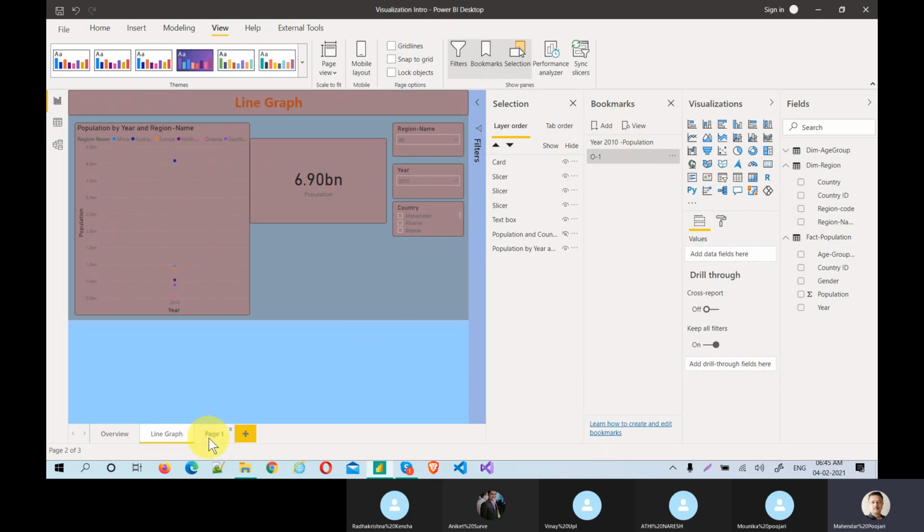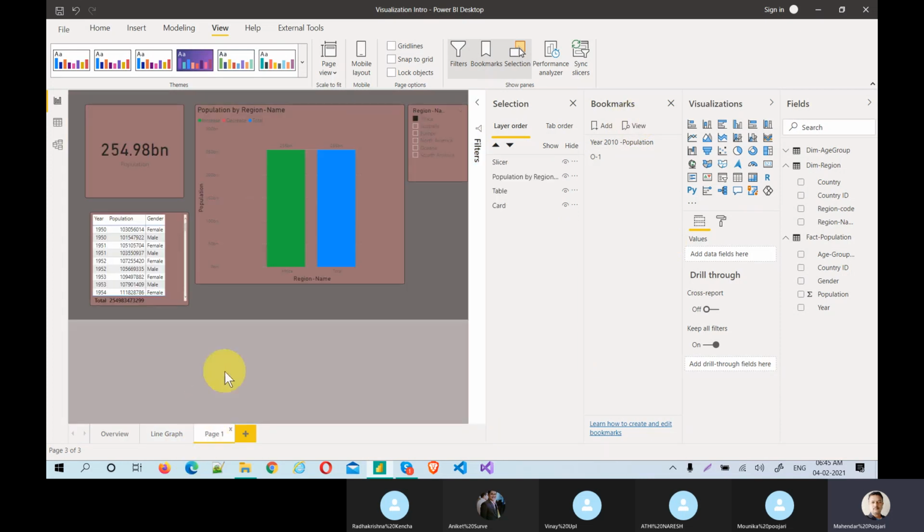Let's say I might have applied another bookmark here. If I go directly, it should jump to another page. So that is the thing. A bookmark will go to any page at any point of time. It can be a little complex, a little critical, but you should play with it. One question here.